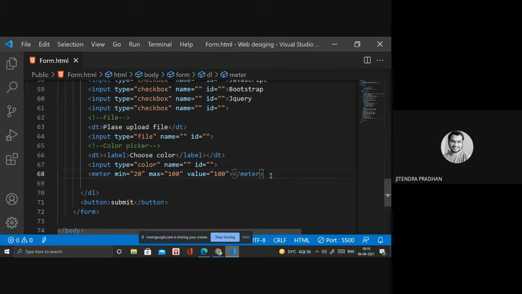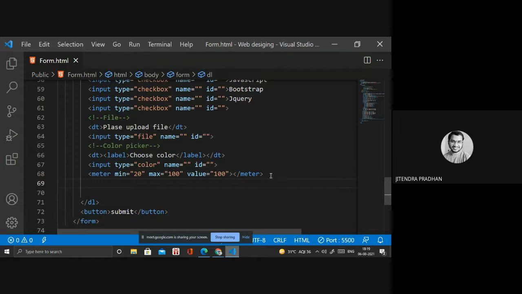When you enter a particular pattern, like the first letter will be uppercase, and the length is 5 to 10, or one numerical value is in that particular password. If all that matches the particular pattern, then it will show a strong password. Okay, so at that time we are using it.